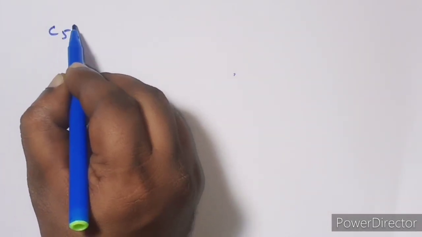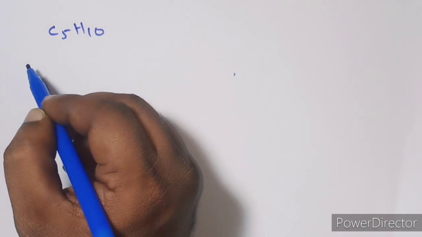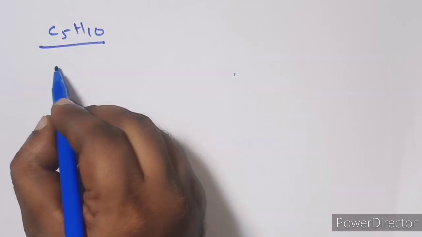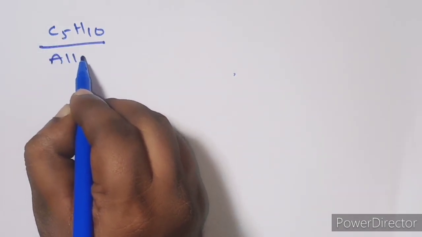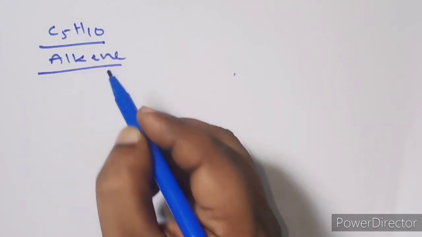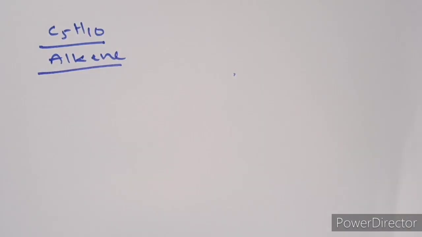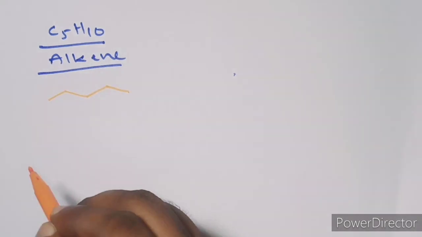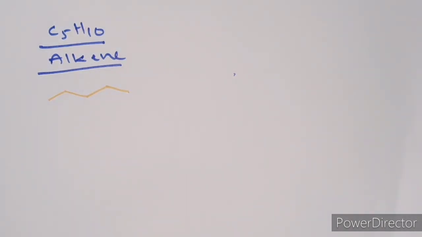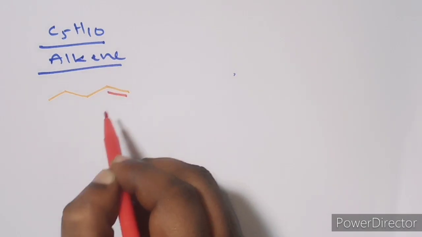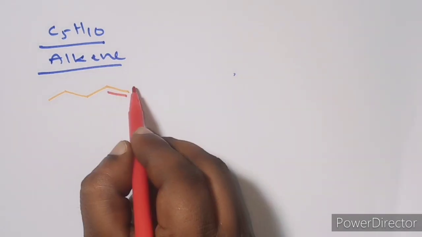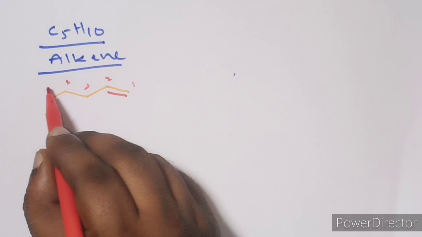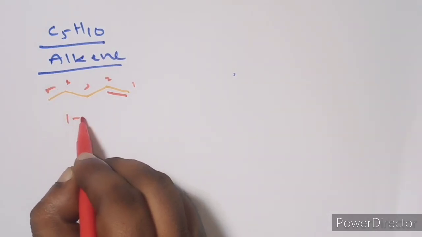Okay, well now let us see the C5H10 molecular formula. With the C5H10 molecular formula, first let us see how to write the possible alkenes. Five carbons are there, so write the chain with the 5 carbons, and start the double bond at the terminal position. So this is 1, 2, 3, 4, 5, therefore this is 1-pentene.